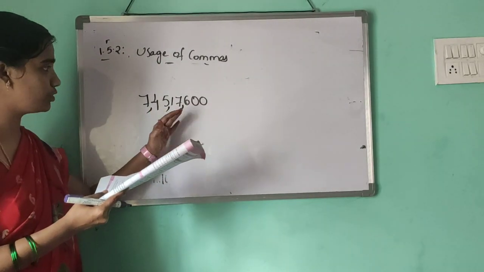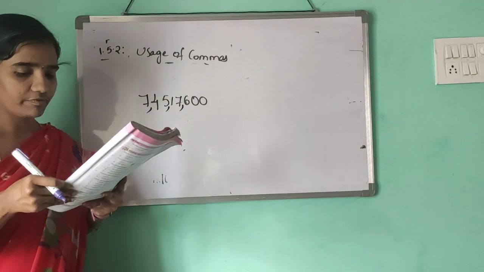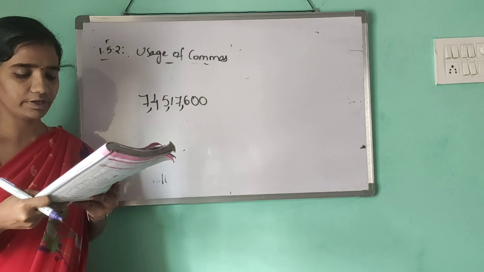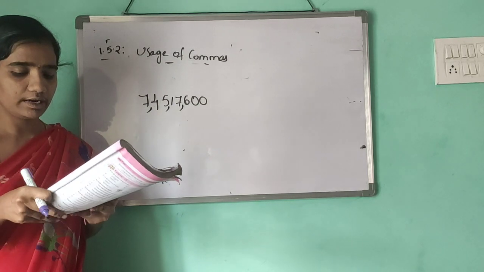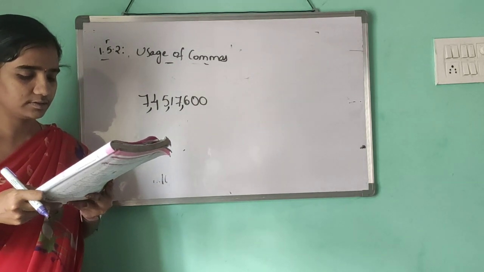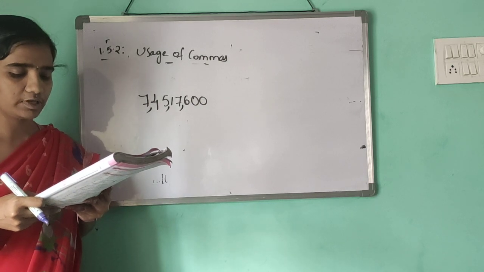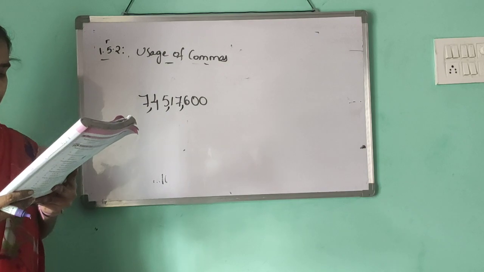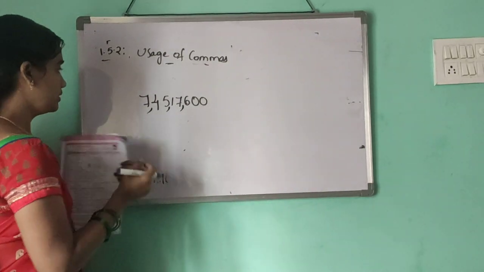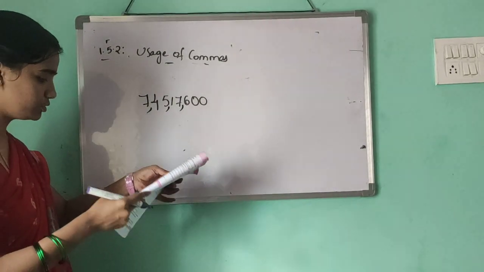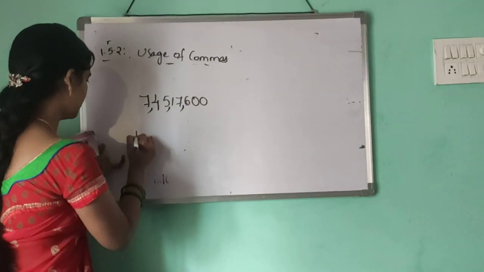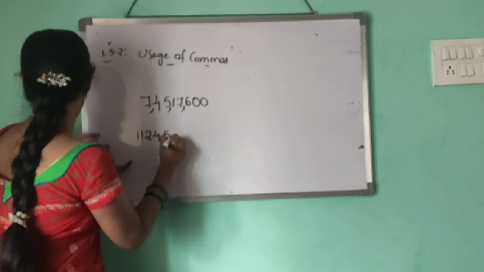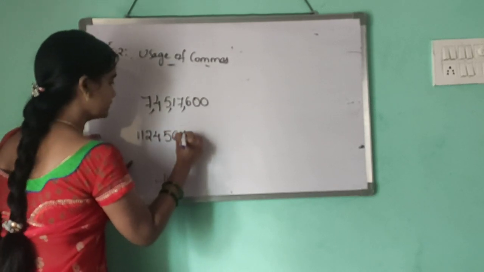5 digits from the right. It comes after the 10,000 place and marks lakh. The third comma comes after the other 2 digits, 7 digits from the right. It comes after the 10 lakhs place and marks crores. Commas help us write large numbers easily. Here, for example, I will explain one more. Okay, I want to take 1, 2, 4, 5, 6, 7, 0.